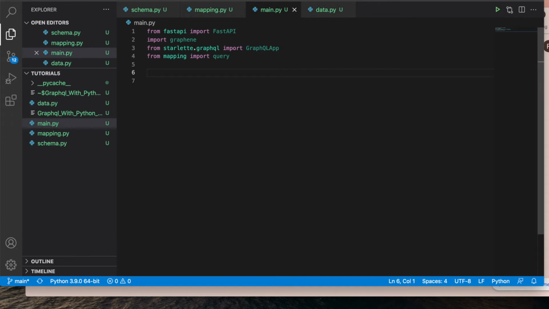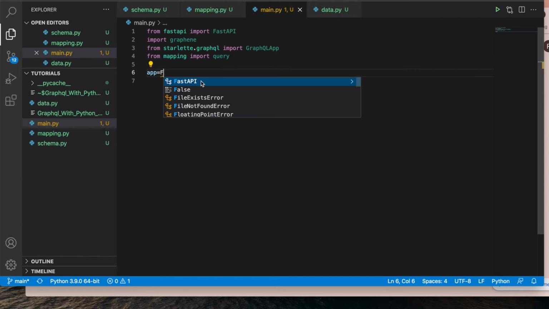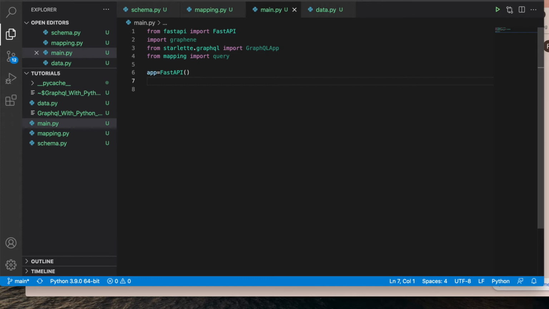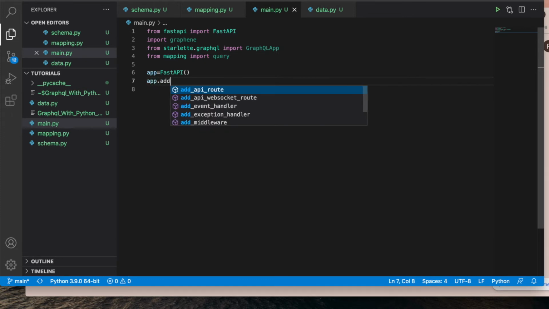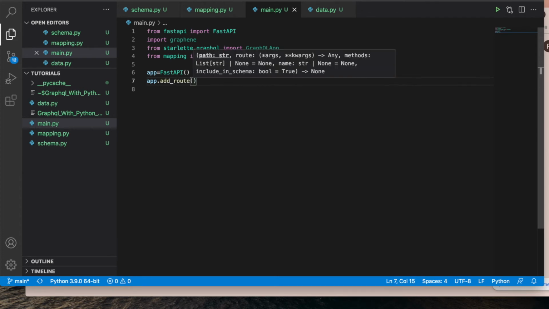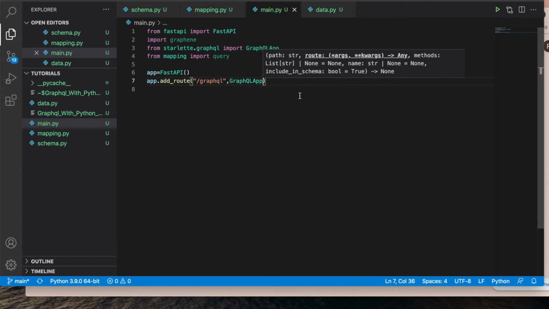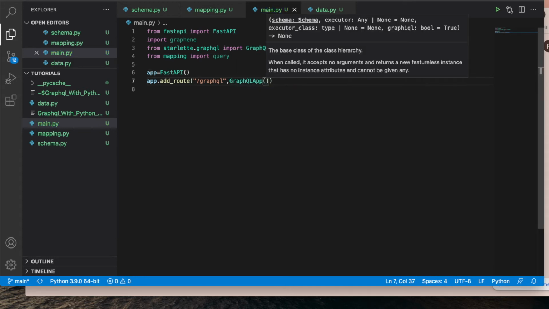So now let's create an instance of a FastAPI app using FastAPI. That's it. Then we'll write something like app.add_route. The route will be something like graphql. Then I can write GraphQLApp inside that.